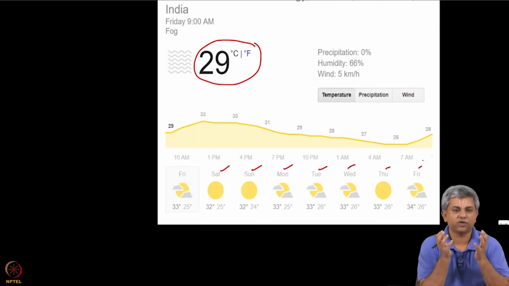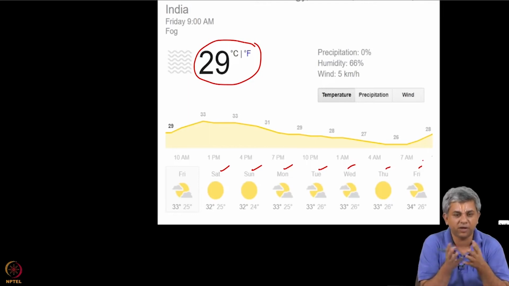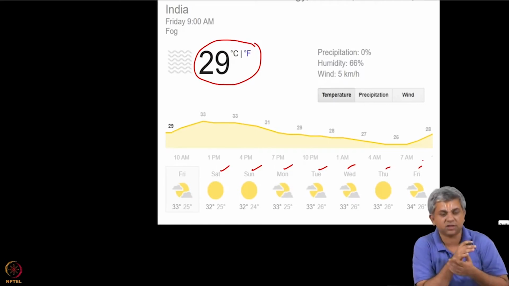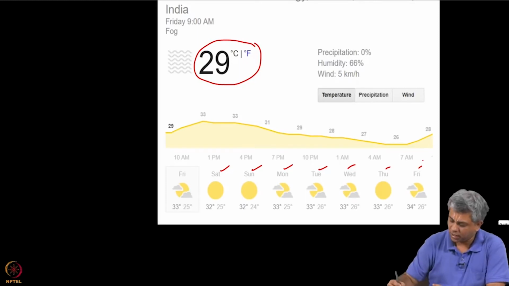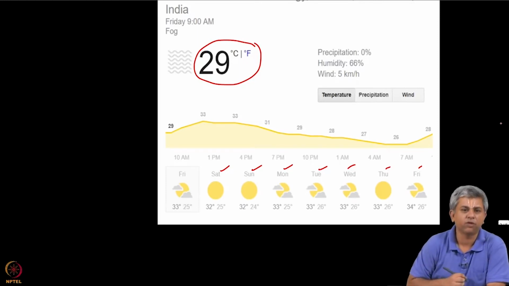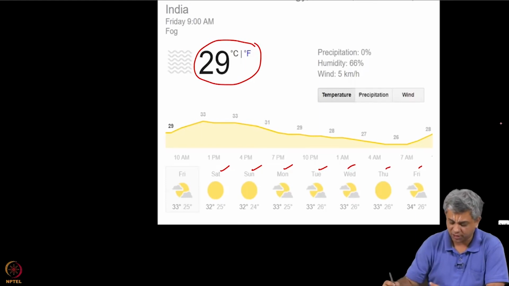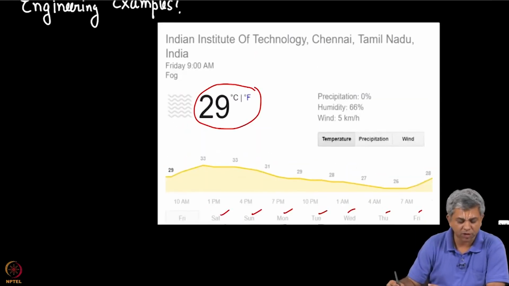Now of course, they are not using RNNs here, I want to be very clear. Even though I am using temperature prediction as an example, it is a very simple example with which we can kind of understand RNN ideas, but I do not think that Google is actually using any such thing, it is probably using very traditional tools. Okay. RNNs have not yet become good enough to actually do weather predictions as of now, as far as my knowledge goes. Okay. But let us come back to this picture here.